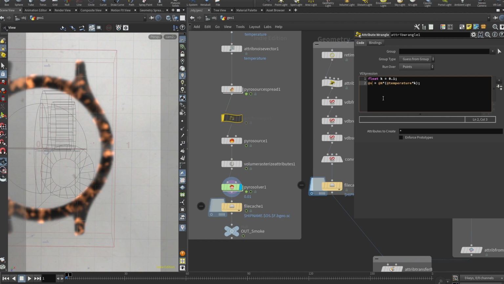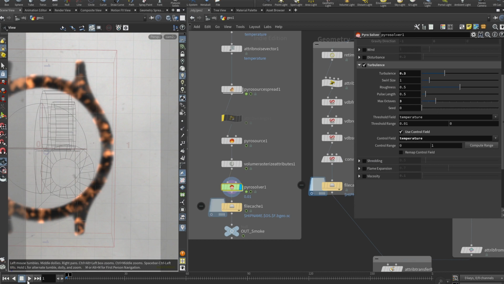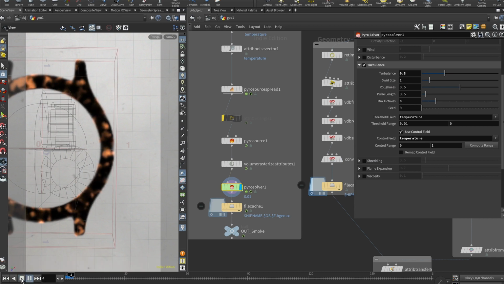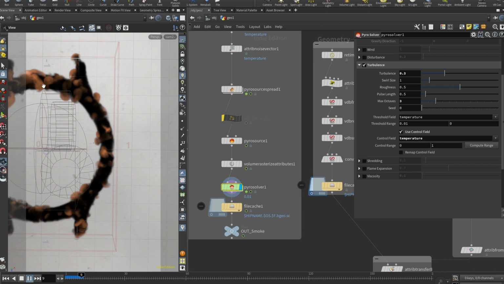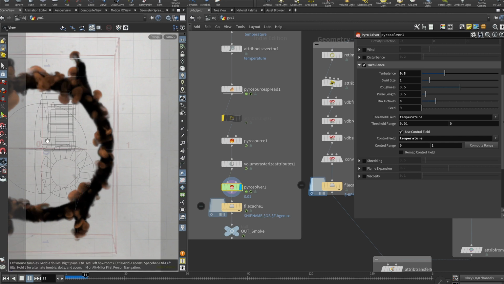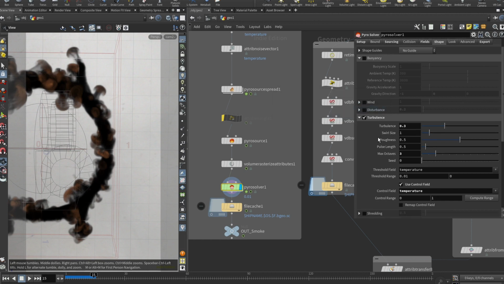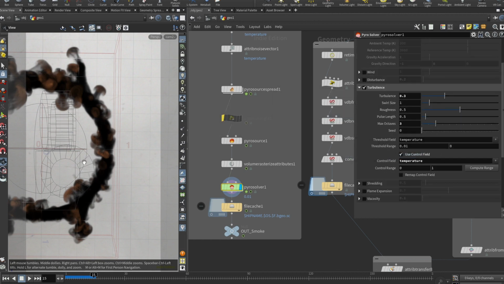So here in the Pyro solver in turbulence, if we check that, you probably won't be able to see that clearly, but I think you're able to see it, because you see how these parts start moving and dancing around, and we don't have buoyancy, we don't have anything that would drive these particles. But because we have this control field here in the turbulence, you can see that only the heated or burning parts are